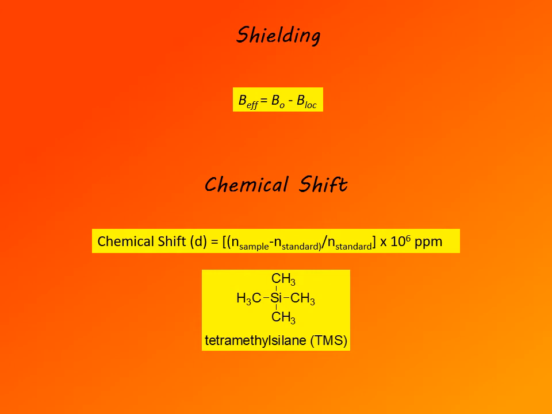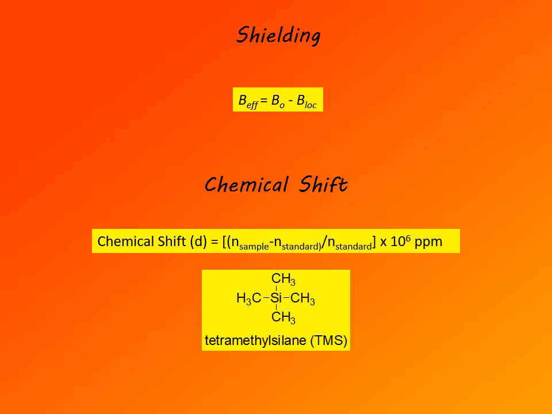The number that we end up with when we subtract the frequency of standard from the frequency at which the sample is at resonance, divided by the frequency of standard, is a very small number. To end up with manageable, approximately whole numbers, we multiply that number by 10 to the power of 6, a million. And so the numbers are actually parts per million, and we sometimes use parts per million as units for chemical shift. Standard is